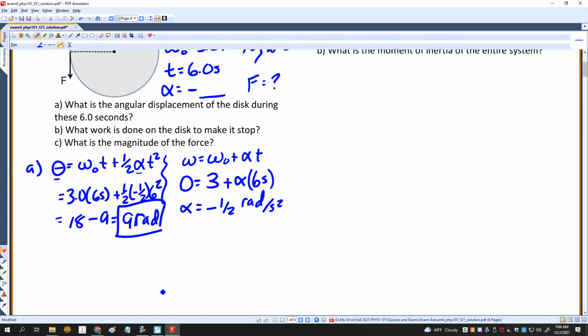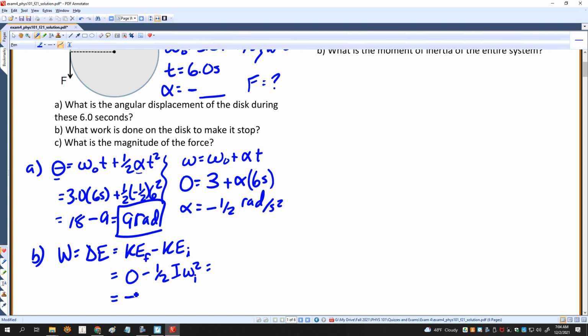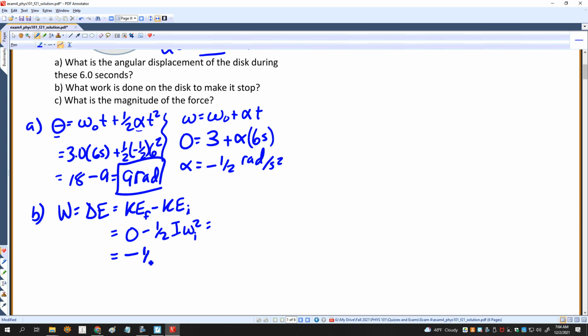What work is done to make it stop? Remember, work is equal to a change in energy. So whatever my change in energy is, that's the amount of work. Well, my change in energy is kinetic energy final minus kinetic energy initial. Kinetic energy final is 0. Kinetic energy initial is 1/2 I omega squared. That's omega initial. So my work is going to be negative 1/2